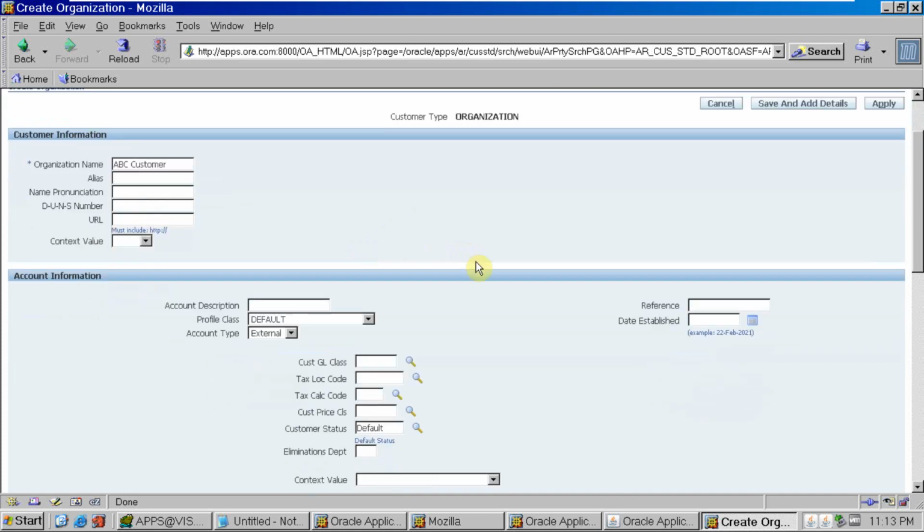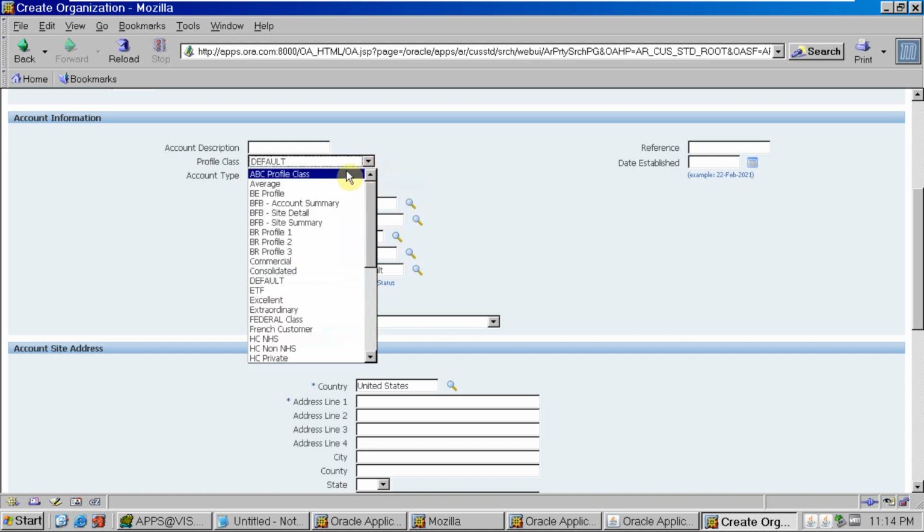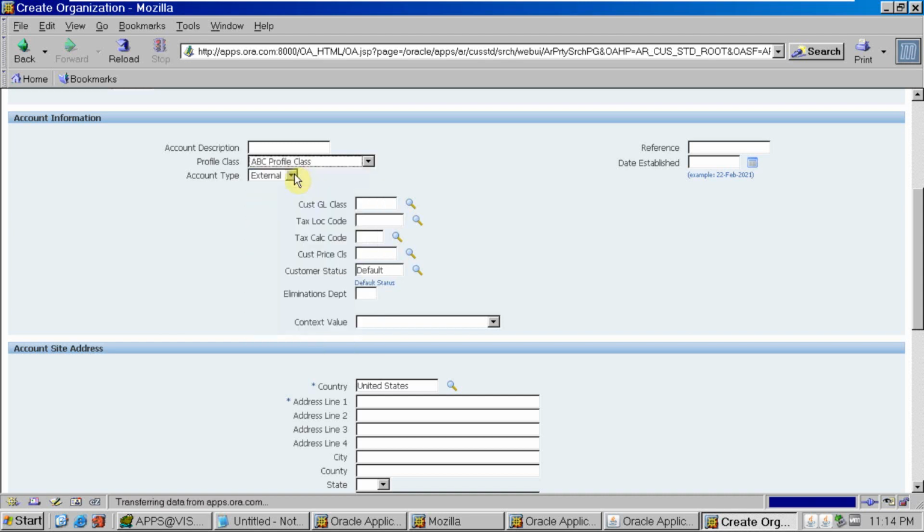Now you can see here is the profile class, coming as default. I will choose the class which I have given, the ABC profile class. When I select this one, all the information I have given on the ABC profile class will be defaulted on the customer level also.